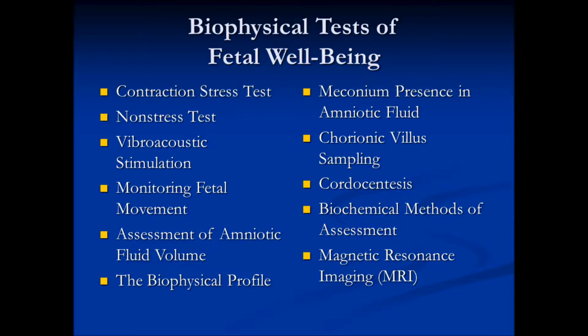Another biochemical method of assessment is HPL levels. So they could either test the estriol or the HPL levels, and either one of those is considered a biochemical method of assessment. The second method will be to determine the human placental lactogen levels produced by the placenta and excreted into